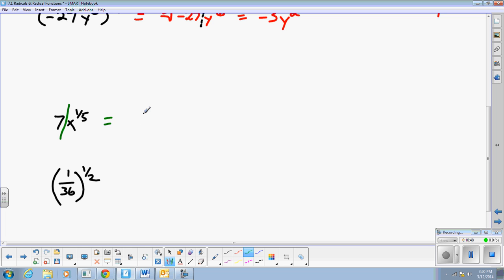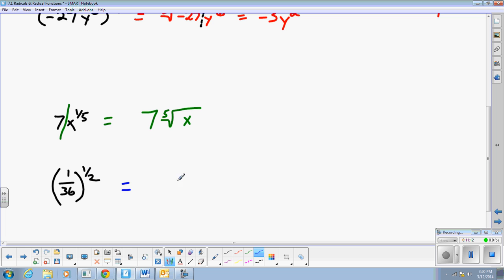How do I write this one? I write the 7 all by itself. Now I need to put a radical sign. I need to put the 5 out here to say I'm after the 5th root, and my x goes underneath. So this is 7 times the 5th root of x. That's what this is saying. And the last example to show you,